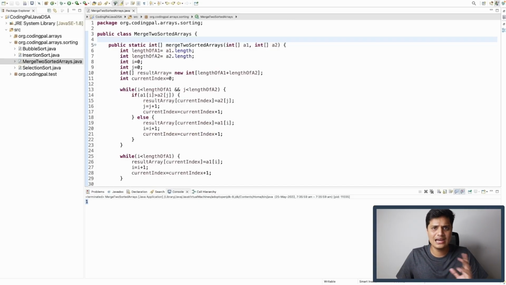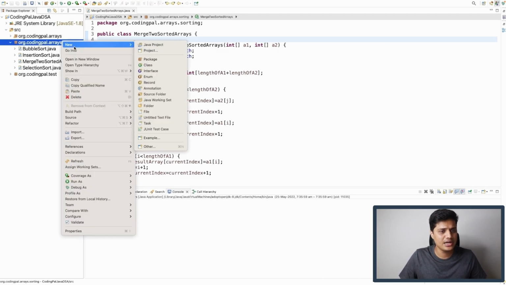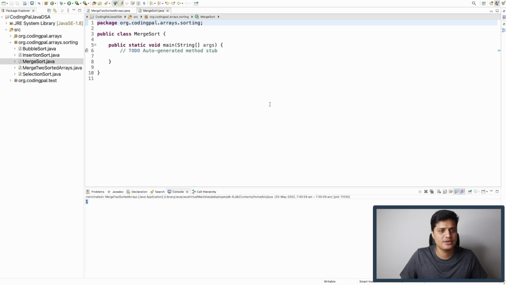Now that we have seen the algorithm and pseudocode involved in the merge sorting algorithm, let's go ahead and write the Java based implementation. For that, I am going to the project that we have created. Inside the sorting package, I will create a new class called MergeSort, and I will add the main method also in it, and I'll simply click on finish. Okay, now it has added